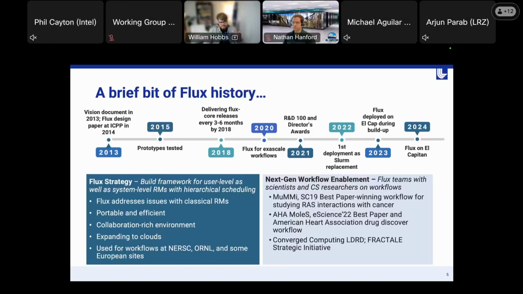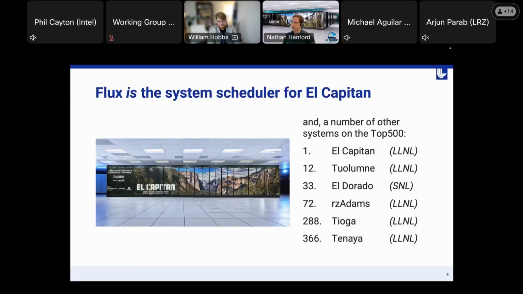The most recent big interaction that we had was getting Flux on El Capitan, which Nate was heavily involved in. So I'll let him talk to some of the acceptance and system issues that came up there. Nate, you want to? Yeah, so Flux is our system scheduler for our top supercomputer, El Capitan, along with several